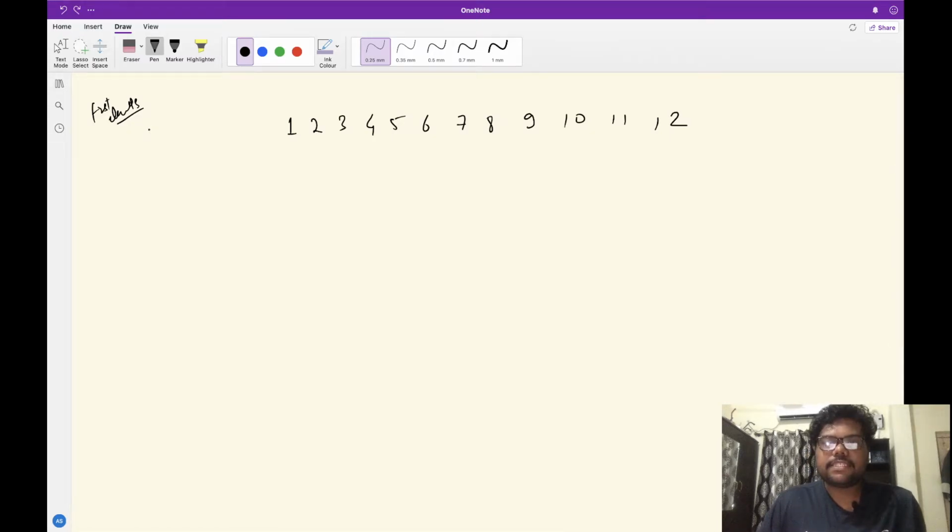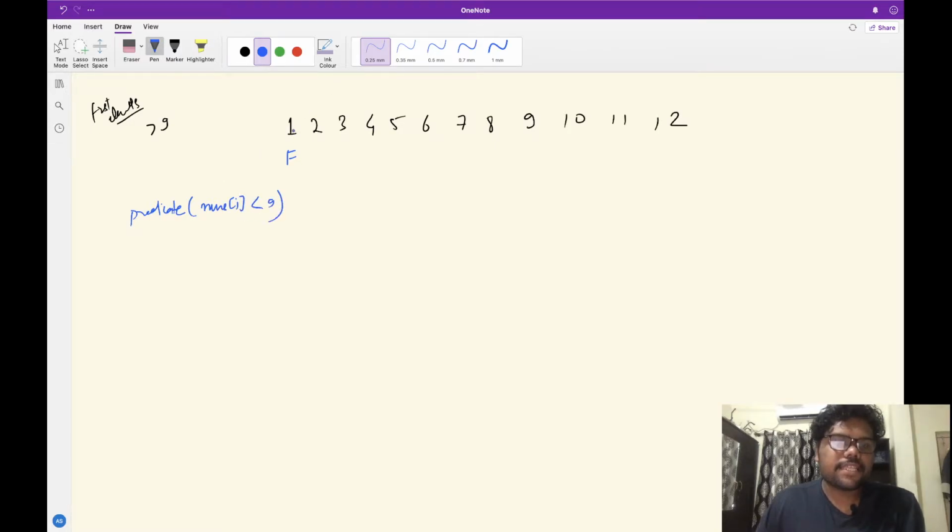So let's evaluate each of the elements in this array. Is 1 greater than 9? No, so the predicate is false. The predicate here is: element of our array nums should be greater than 9.